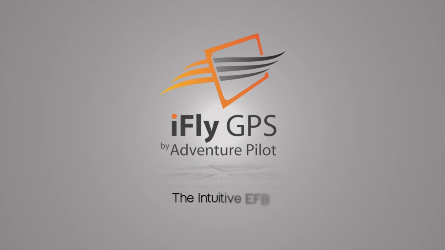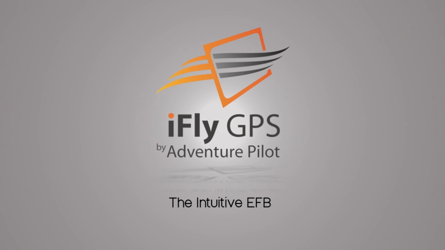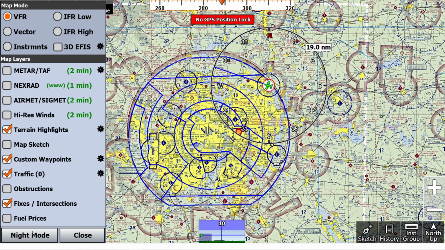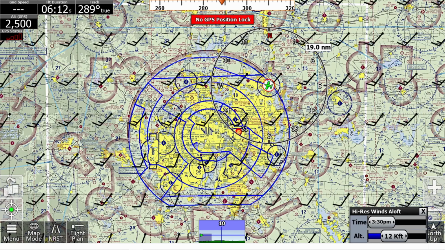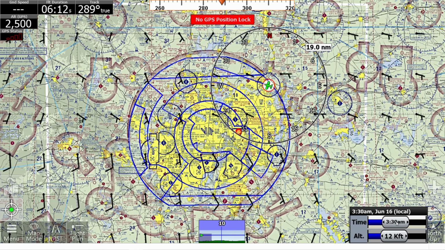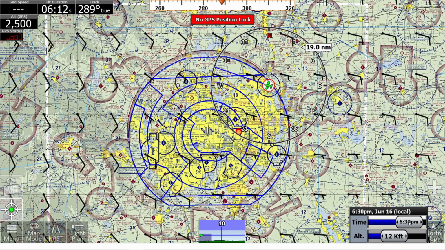Today we're going to talk a little bit about how to view winds aloft in iFly. To start off with, we're going to go to map mode and click on high res winds. Once we've added that, if you look in the bottom right, you have a time slider. It's going to give you up to the minute both winds aloft and forecasted winds aloft, as you can see